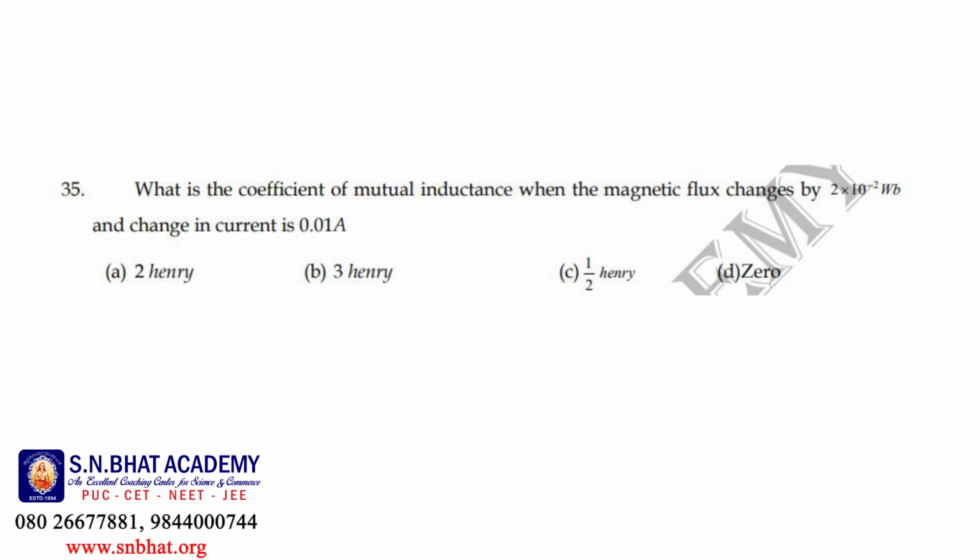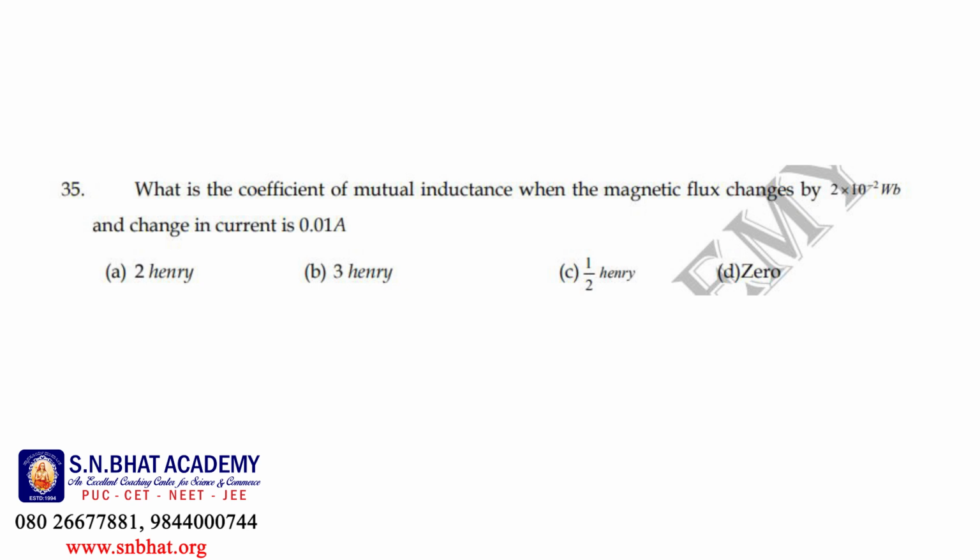Study the question carefully. What is the coefficient of mutual inductance when a magnetic flux changes at 2 into 10 to the power minus 2 Weber per meter square, and the change in the current is equal to 0.5? It's a very simple question, and you know that for question number 35,